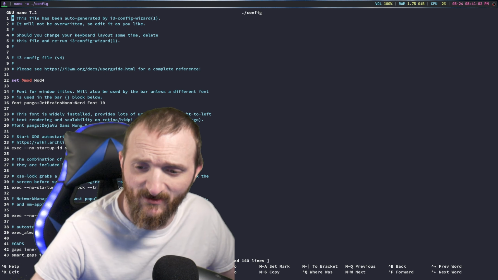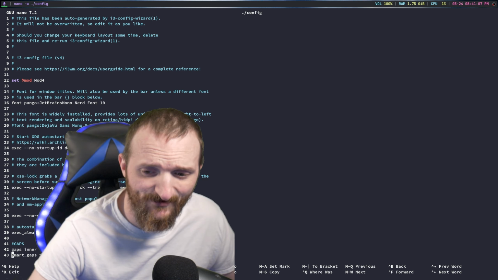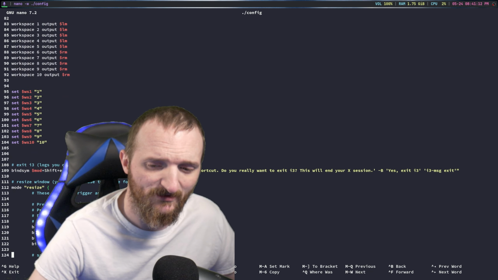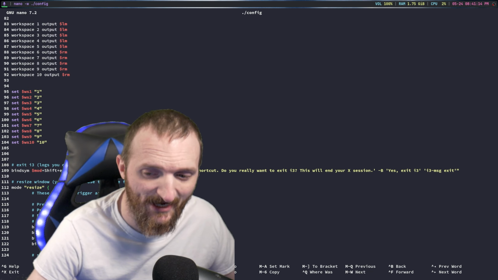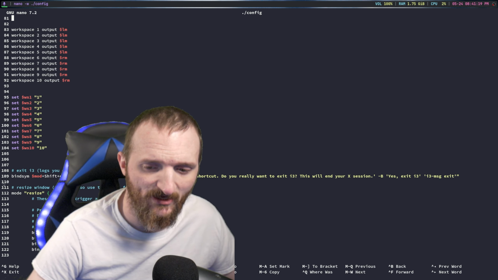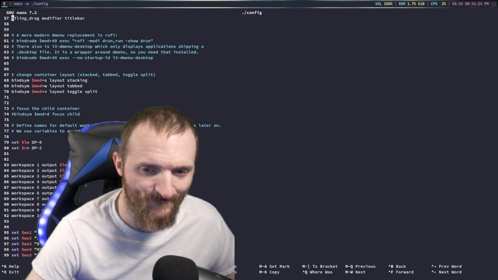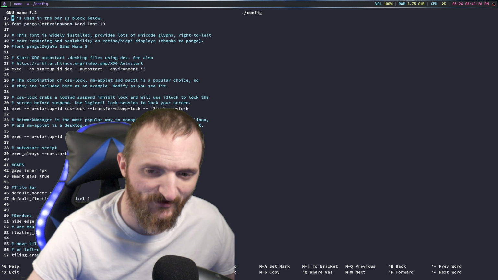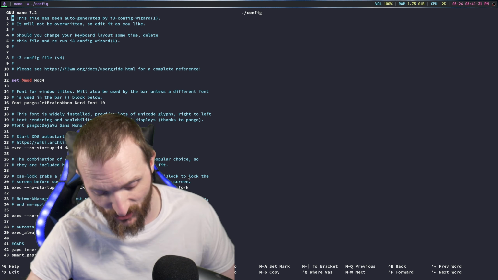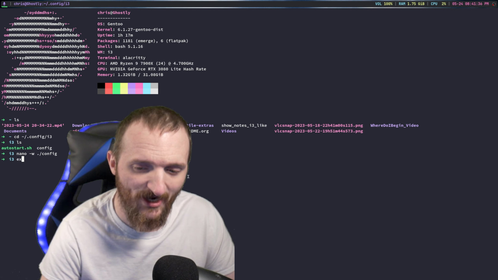So this is my config of i3. As you can see, it's relatively easy. There's not too much in here that you're scratching your head over, wondering what's going on. As soon as you start learning what bindsym is, that's setting a key bind, and some of the stuff, it's super easy. And that's a huge plus to anybody that is trying to